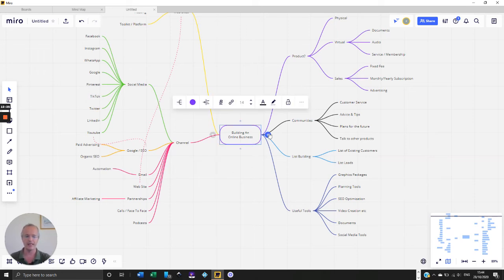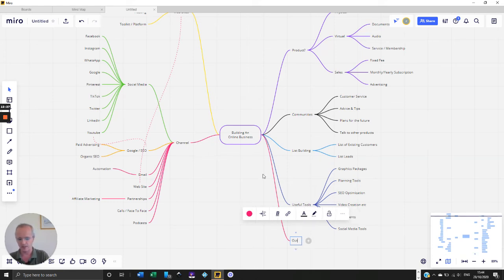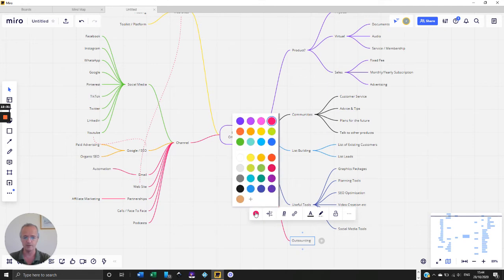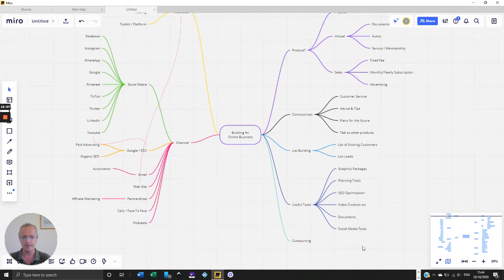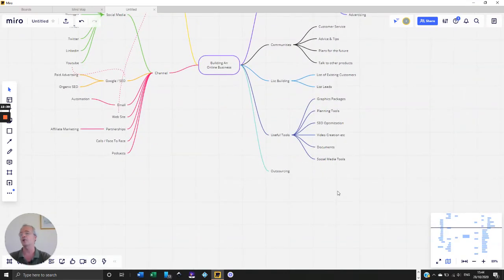So it's a very important point, we're going to add it, is outsourcing. Now, at the beginning, you may want to do this yourself, or most of this work yourself, to learn how it all works. But eventually, your business is going to grow tremendously, and you're not going to be able to do all this work yourself. Now, outsourcing is a very, very important aspect.